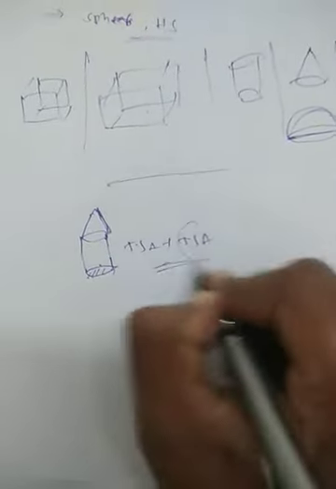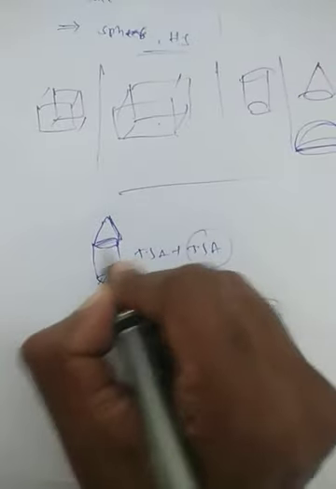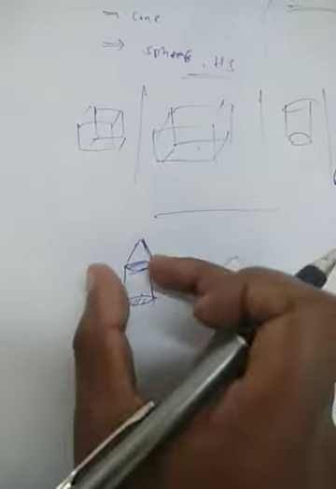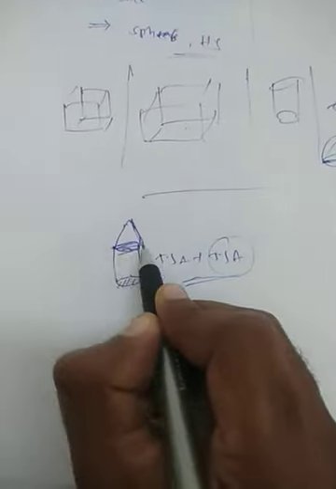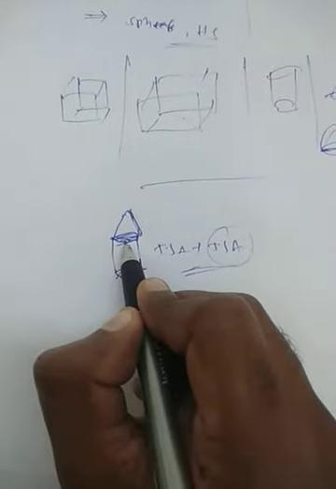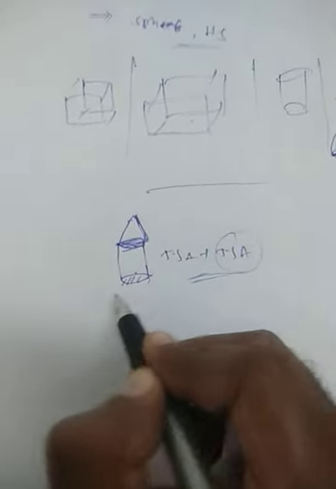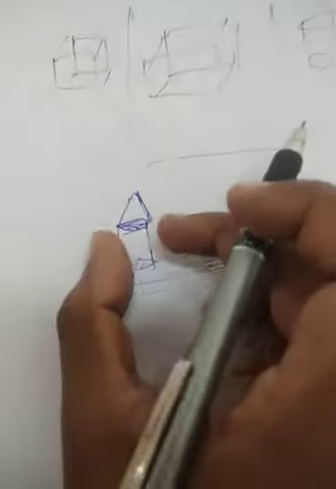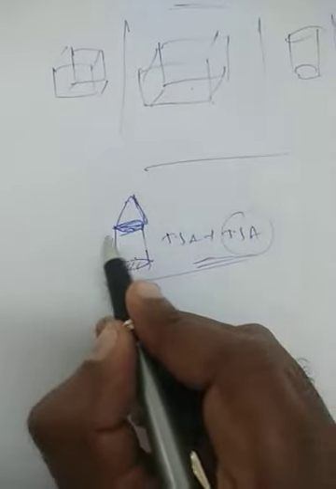Why? Here this area is covered already. This is closed. This cylinder and cone will be combined with some face here. That means that face is closed. We could not see this one. This will be disappeared. That is the reason. So we will make use of our brain here. How do we make use of it? First the curved surface will appear.